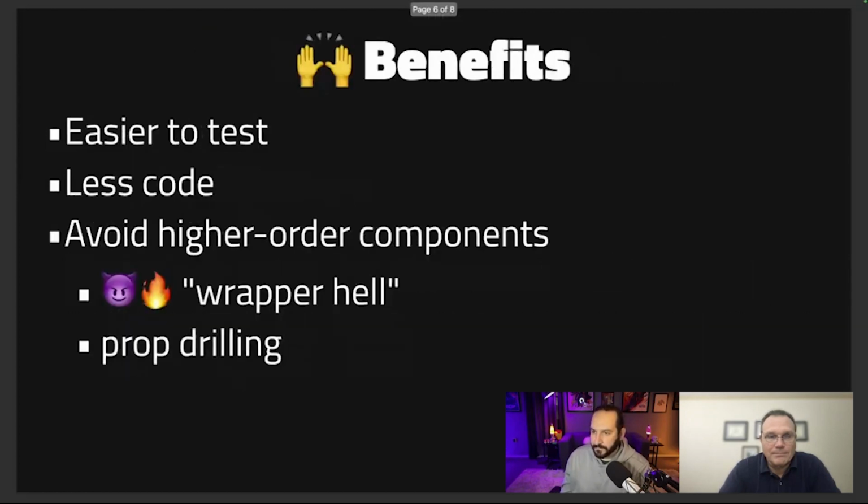So like I said, there's benefits. It's a lot easier to test because now you're dealing with functions. You're not dealing with classes that you have to instantiate, call the constructor, and all that kind of stuff. There's a lot less code. You saw that between the two examples. And as you'll see in Chad's example, one of the things that can happen in a React application, especially when you're not using hooks, is this idea of higher order components, which can potentially lead into something that folks deem as